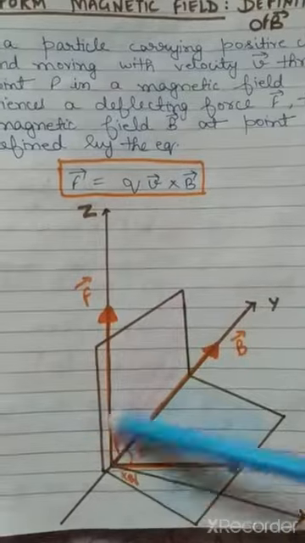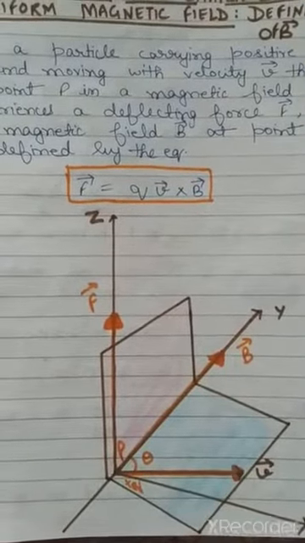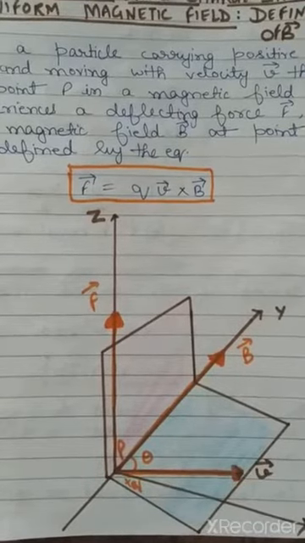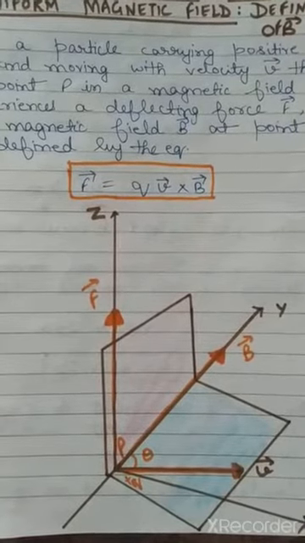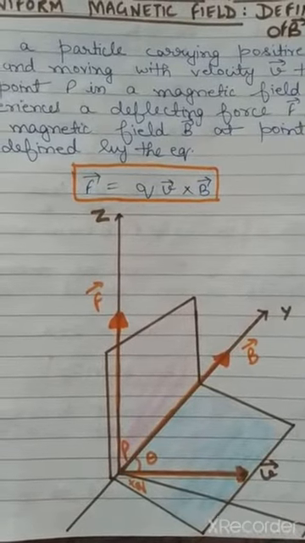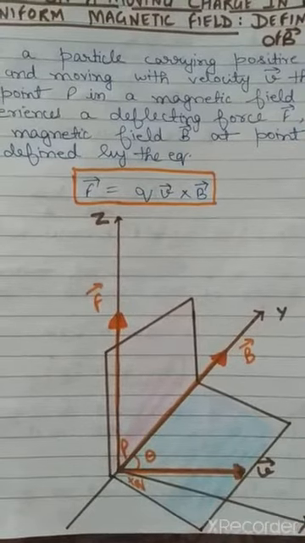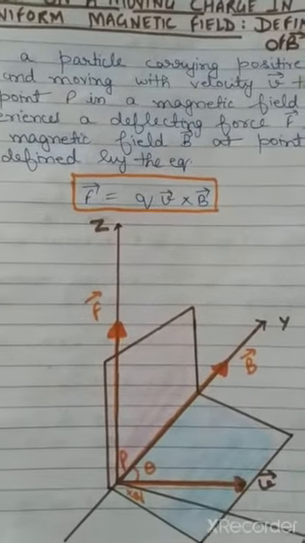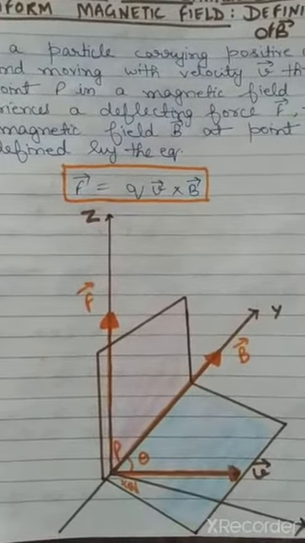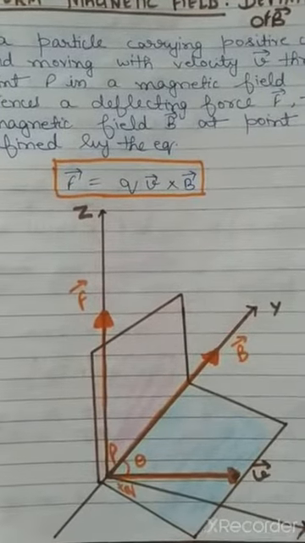Now to find the direction of this F, we have two rules. First is the one we used in finding the vector product direction, that is the right hand screw rule, and second we have Fleming's left hand rule. I hope all of you know about Fleming's left hand rule. In class 10 we have this, and the right hand screw rule is a very well known rule, given in class 11.